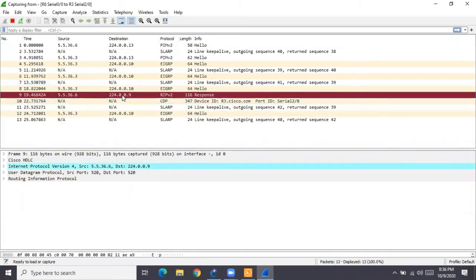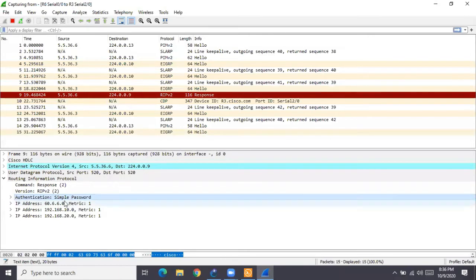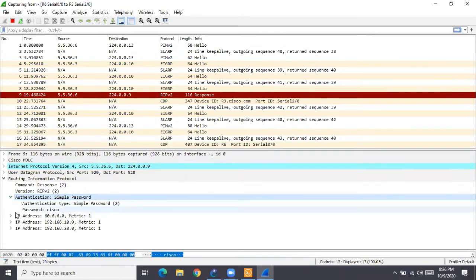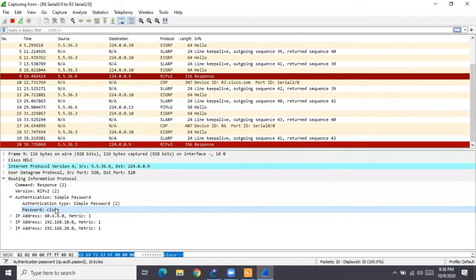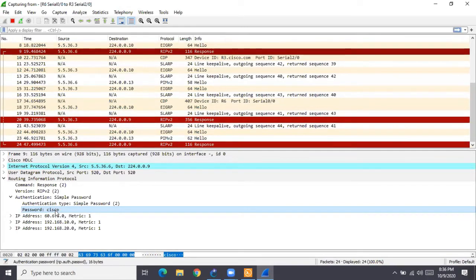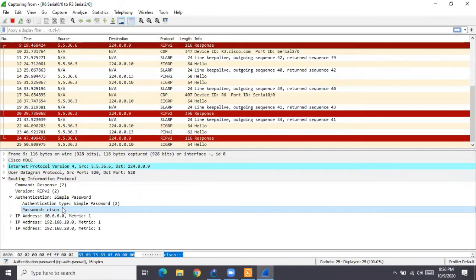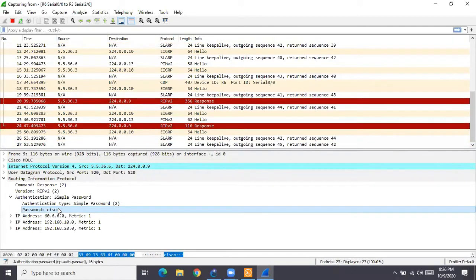R6 going to multicast 224.0.0.9. And if I open this RIP packet over here, you see authentication. It says authentication simple password, that means now authentication has been enabled. And if you see the password, see, clear text. So if somebody captures this, some intruder is there, he's monitoring your link, capturing your packet traffic, he'll be able to see what password you have set. This is not good, but anyway, just to show, I have done it.